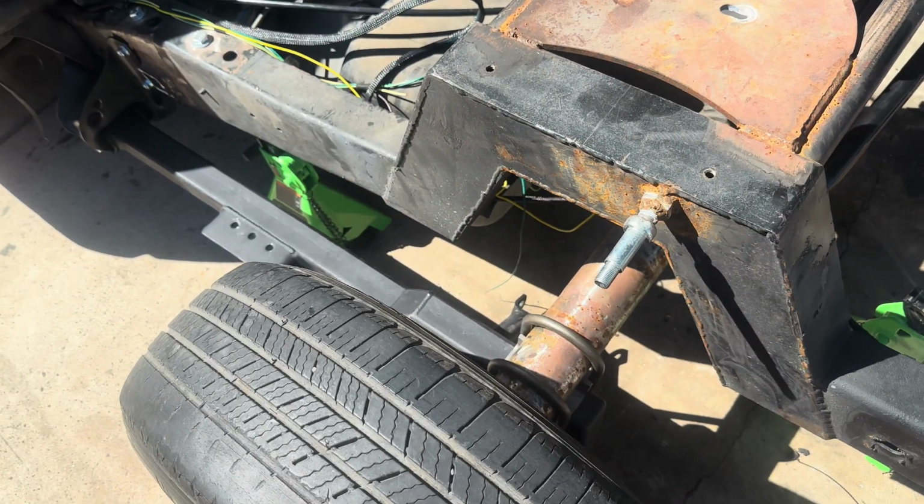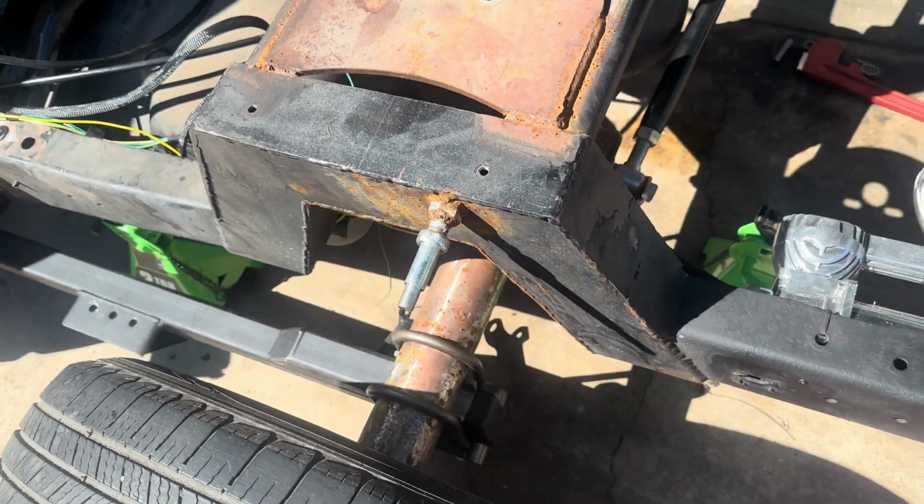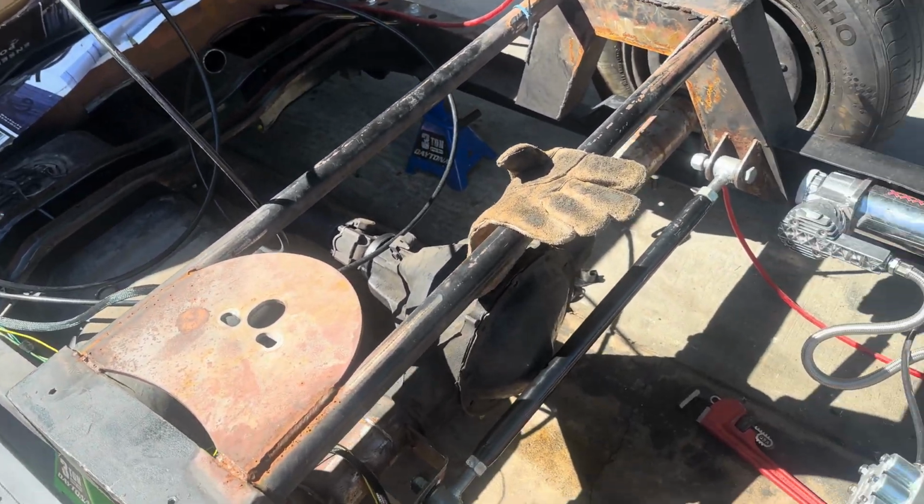So I'll pick you guys up either tomorrow or the next day when I'm gonna weld these, so you guys can see the finished product. But there you go, my boys. Oh, and let me show you